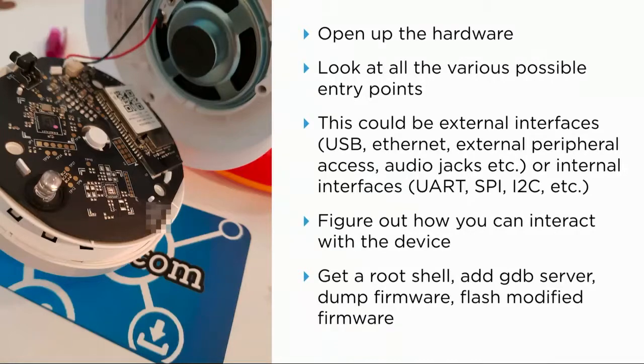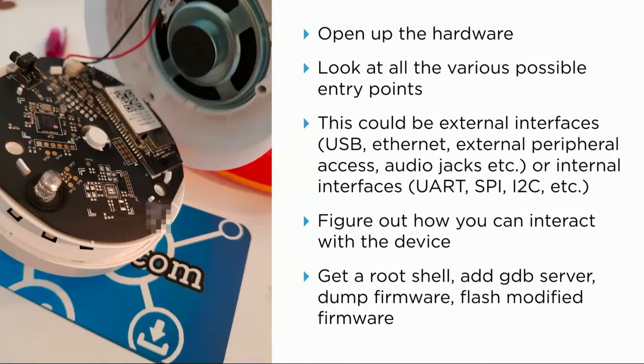So this is one of the IP cameras I was assessing recently. The typical procedure for looking at any IoT device is to open up the hardware and look for all the possible entry points. You might have a number of different ports, both internal and external. This is also one of the vulnerabilities I have found in most of the highly secure devices. I was pen testing a smart meeting room solution, and they had an external peripheral access. If you just plug in a keyboard and hit Control X, you jump out of that kiosk mode and have full access. And since everything was running as root, you can pretty much do anything.